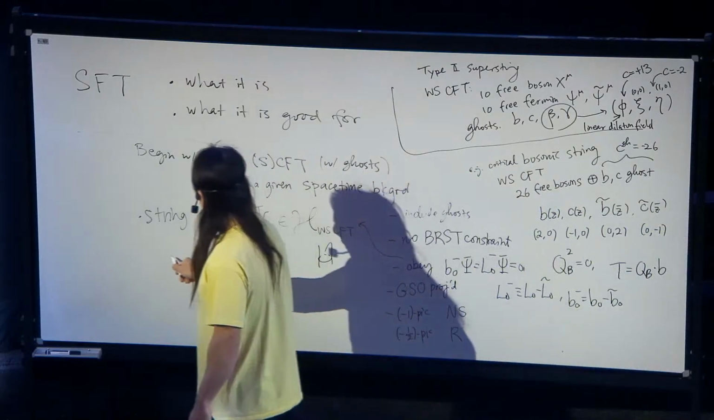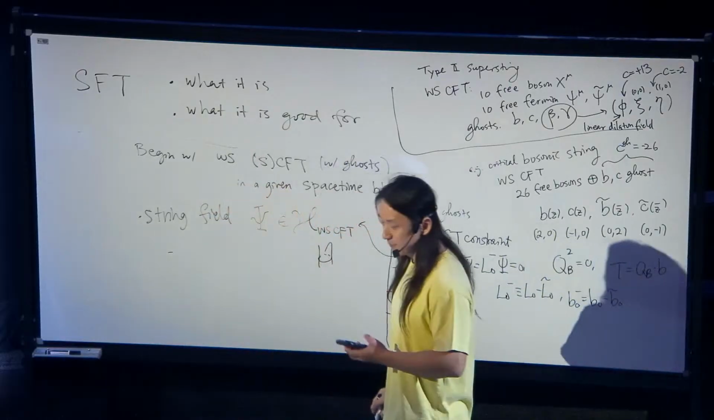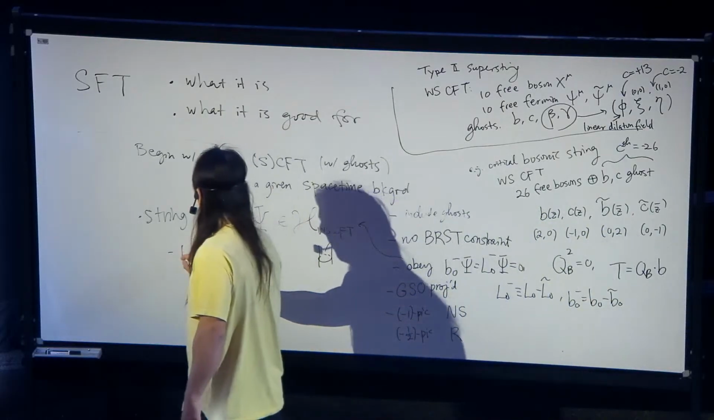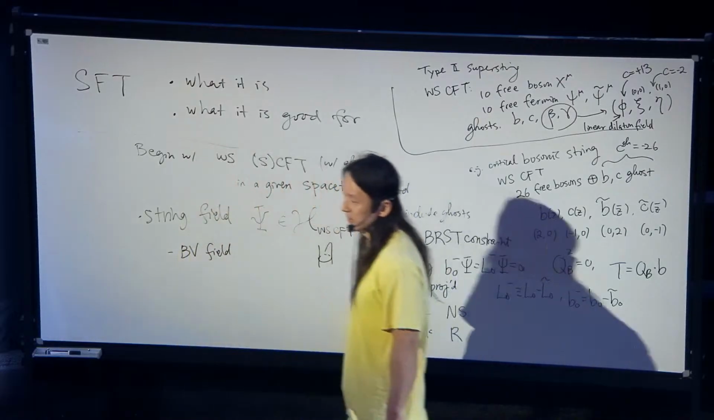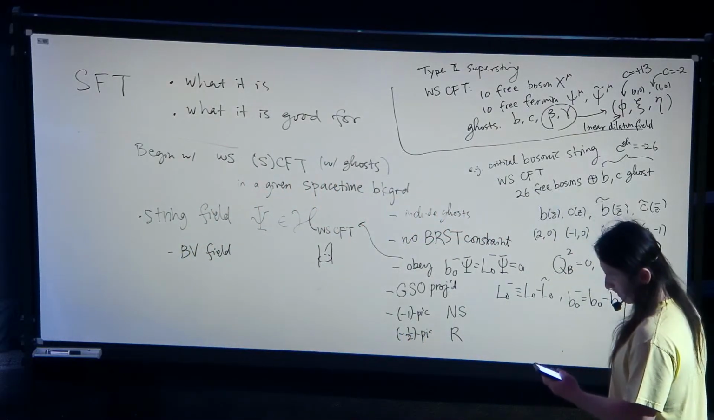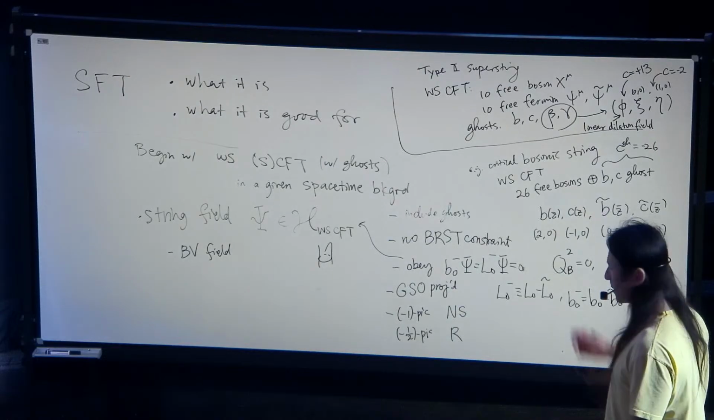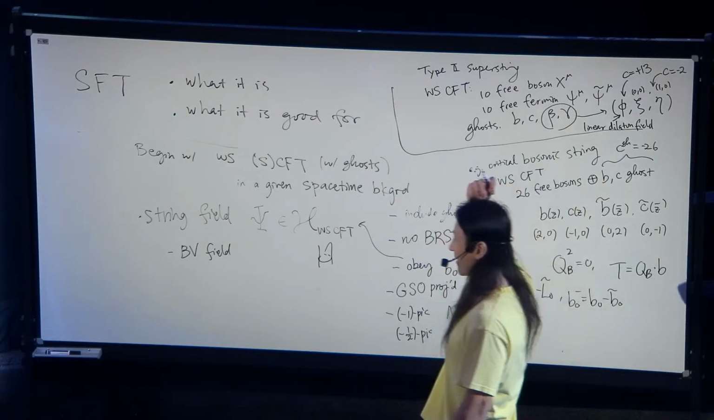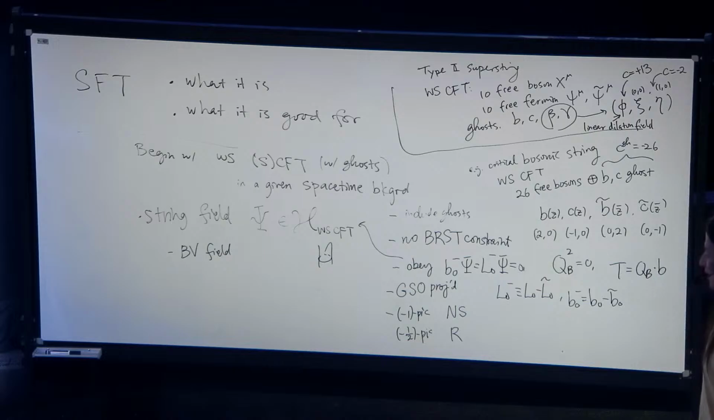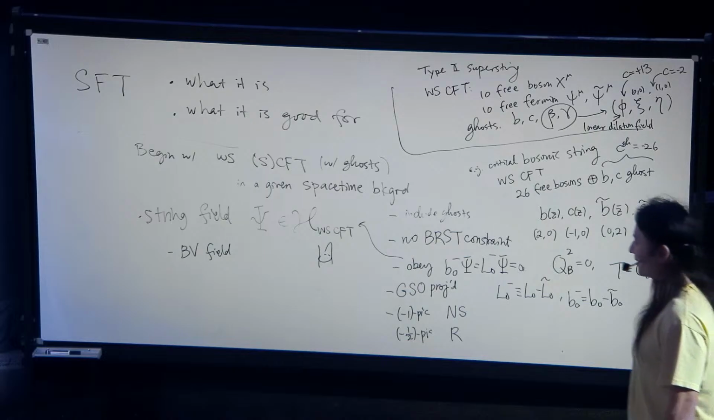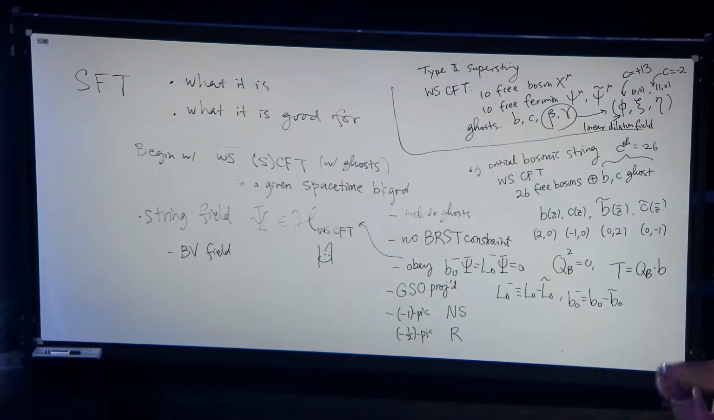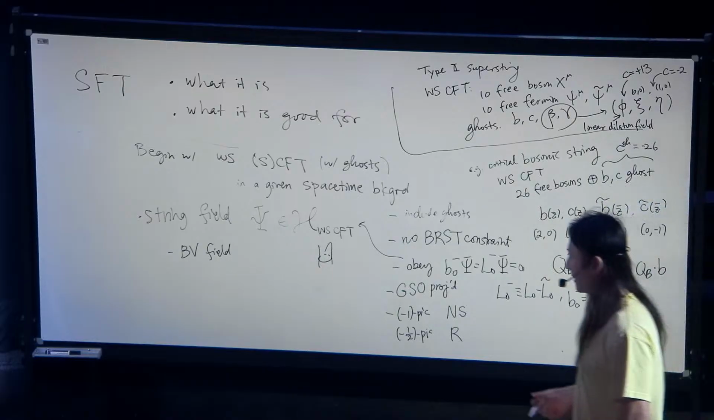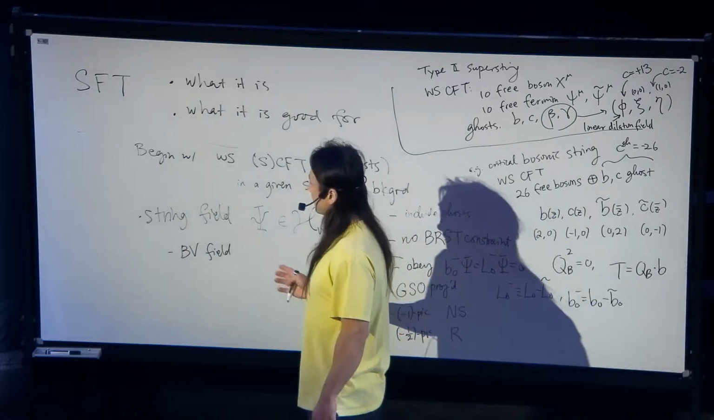This space of string fields is supposed to be interpreted a priori as the space of BV fields, the BV field space, in the sense of the Batalin-Vilkovisky formalism. Now, I think not every physicist is familiar with the BV formalism, and this is one of the vastly underappreciated things in mathematical physics. The BV formalism